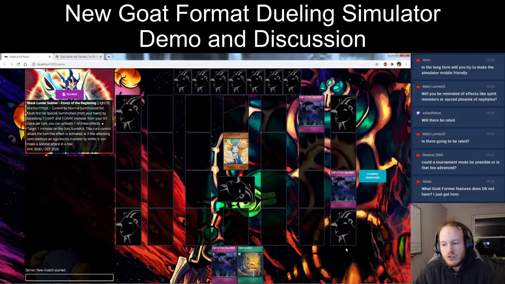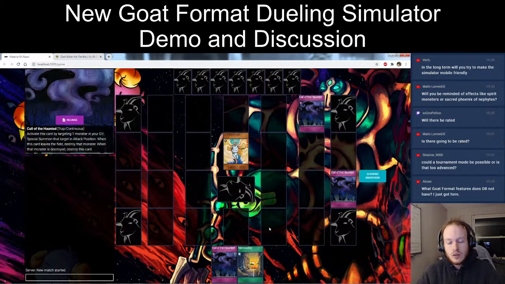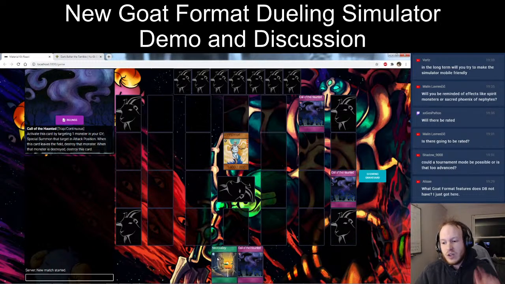So in the long term, will you try to make the simulator mobile friendly? No, I won't do that in the long term. I'm doing that already. Because realize that on your phone, this is what I was talking about, the difference between drag and drop and hover. This game entirely operates by dragging and dropping and clicking on things. You can do that on your iPad. You can do that on your phone. Now there are some mobile devices where you can hover, but it's not really meant for mobile,